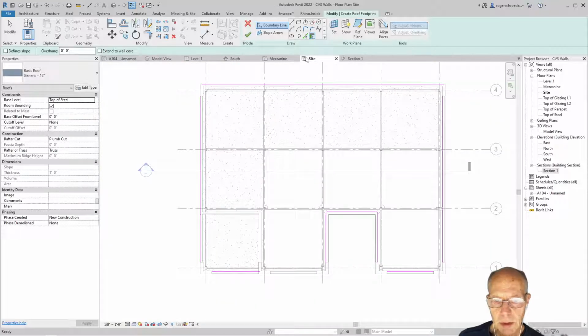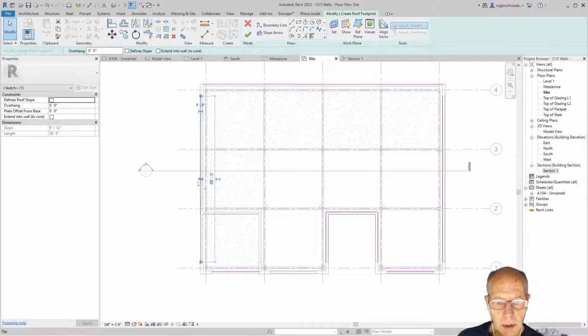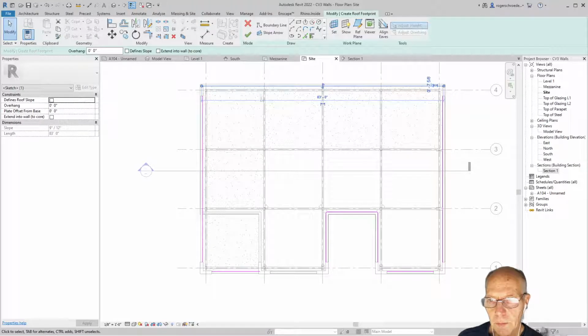I'm going to go to the site plan now, and you can see all those lines that we've already selected. And I see an error here in that this line is in the wrong position. So what I'm going to do is go to Modify. I'm going to grab this one, and I can just flip this around to the other side. This one seems to be in the wrong spot also, so I'm going to flip it around. But otherwise, they all look pretty good. So let's go ahead now and use the Join tool